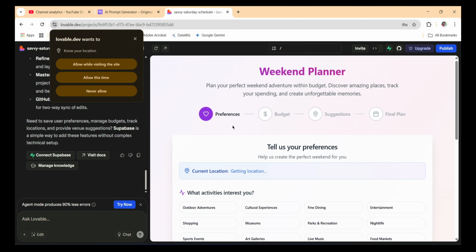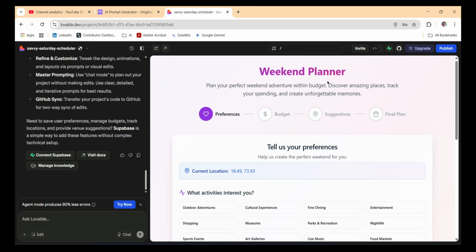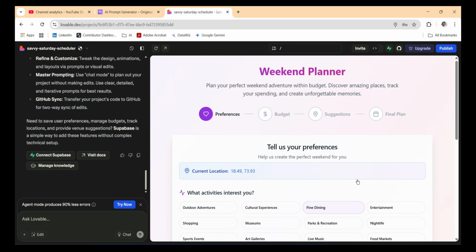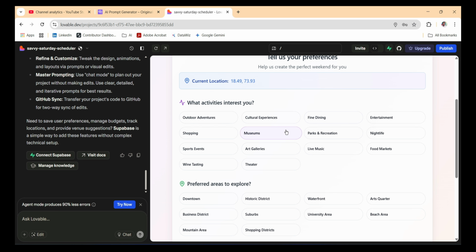As we asked it to track the location, it is asking to allow our location. So I'll click allow this time. So this is the weekend planner. Plan your perfect weekend adventure within the budget. See, it is giving 4 steps, which are preference, budget, suggestions, and final plan. Now we have to select these preferences. So let's say, for example,